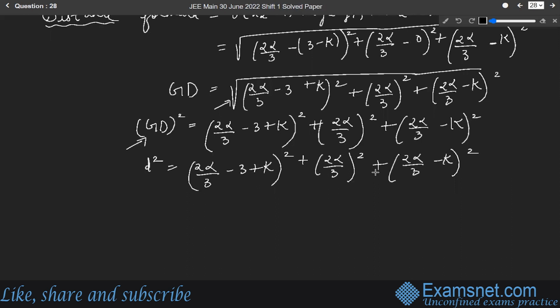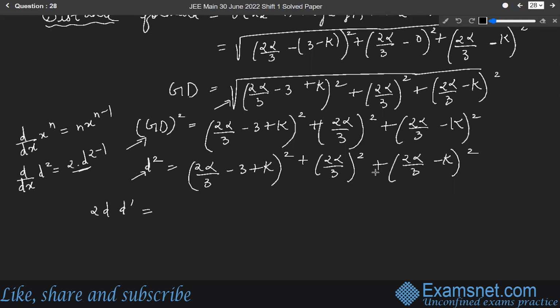So when we differentiate it, d by dx of D square will be 2D, and again d by dx of D will be D dash. We know there is a formula: d by dx of x to the power n is n into x power n minus 1. Similarly, d by dx of D power 2 will be 2 into D power 2 minus 1. That is why we have 2D, and again we have to differentiate D also. So differentiation of D will be D dash.